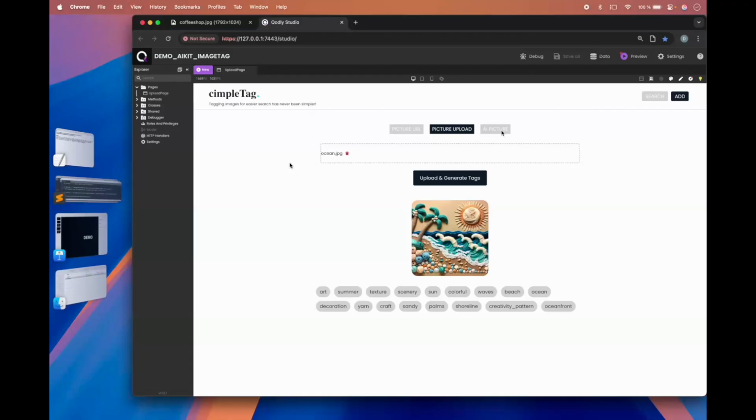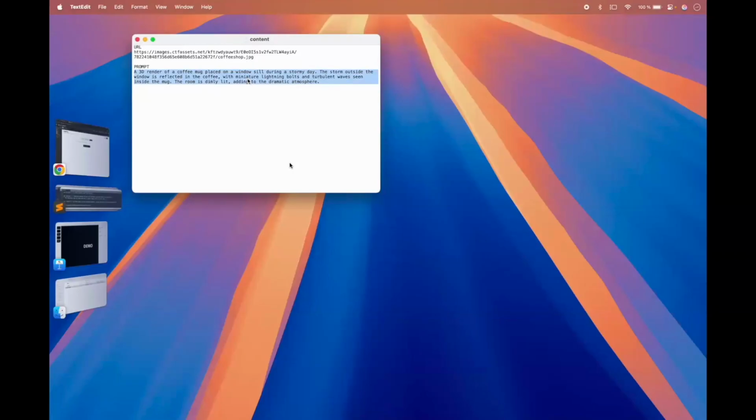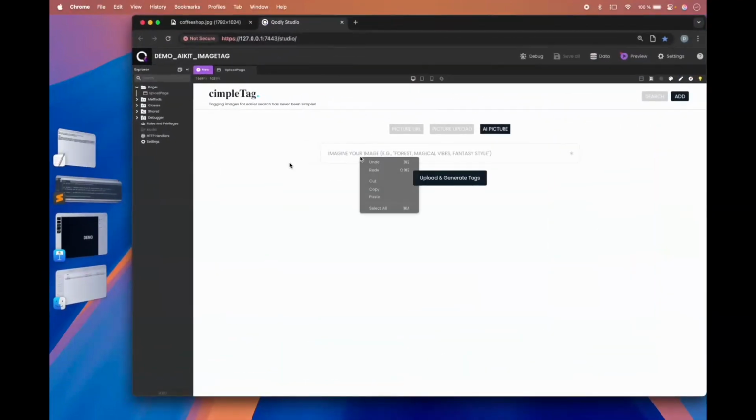And finally, the AI picture, which is the best part of the demo, so stay focused. Here you can create brand new images from a text prompt. So I'm gonna take a prompt that I've prepared here: coffee mug placed on a window sill during a storm day. Okay, a really nice picture will be generated, and I'm gonna paste my prompt, and click again and